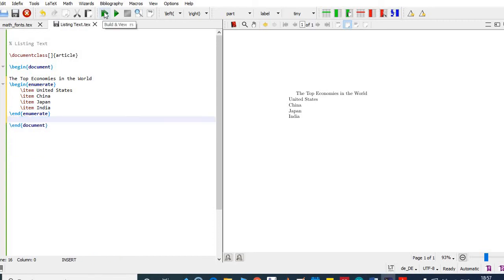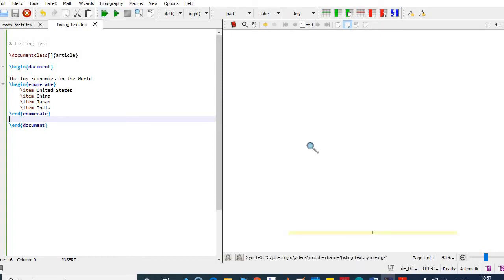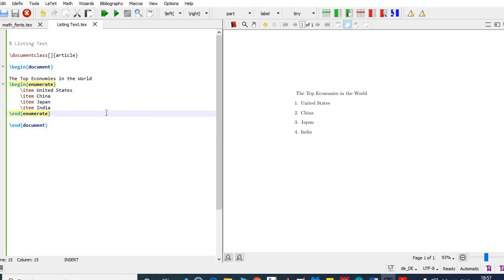Now execute this function. Yeah, see this, it is number-wise, it is well arranged. So use this \begin{enumerate} function to list your text in a number-wise manner, and you can nest